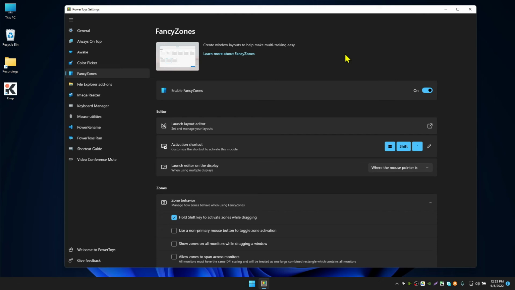You can't use the Windows default layout because it optimizes for a normal widescreen monitor. But if you have a very wide screen monitor, you need something like FancyZones to help you out. So what you can do is click on Windows key, Shift and this icon,